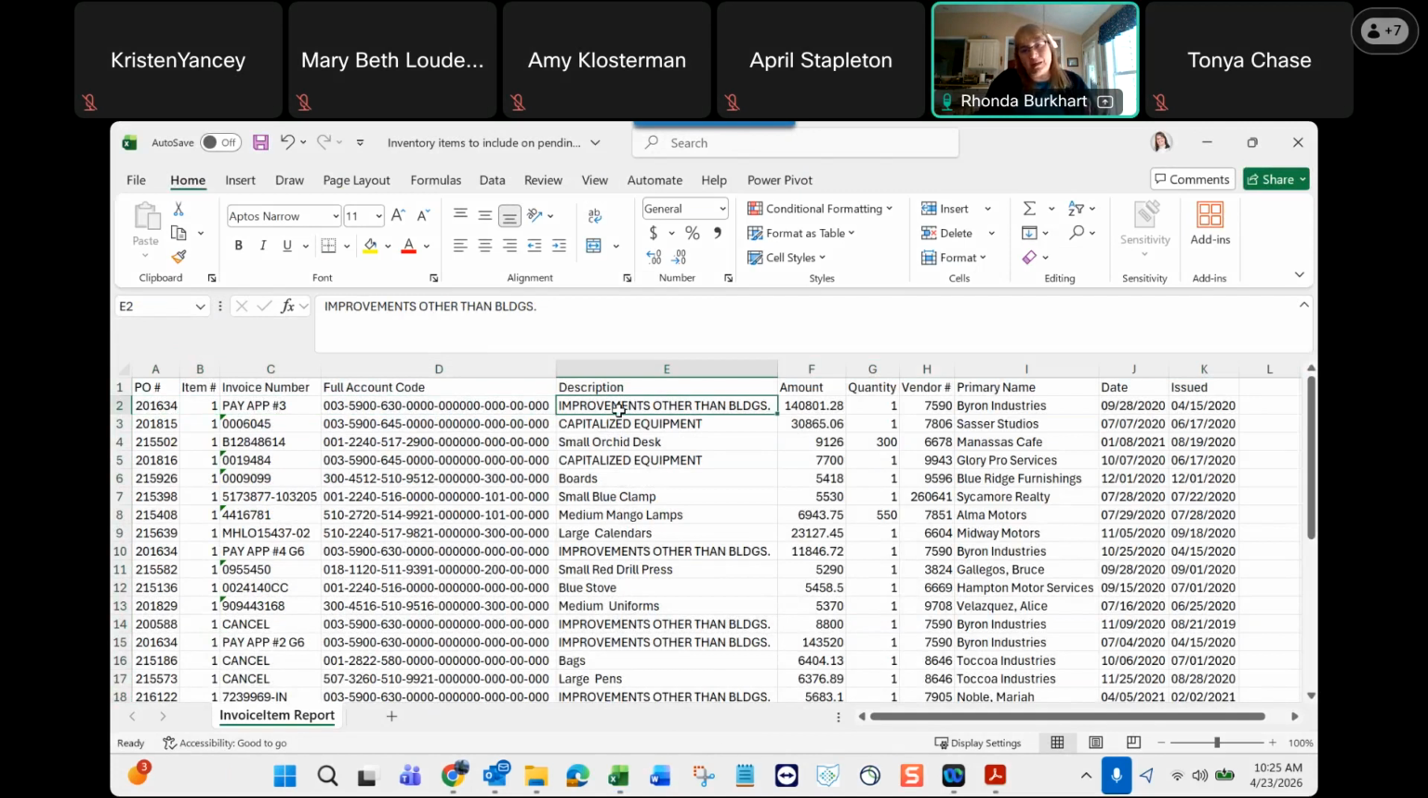Okay, so it's like we don't know exactly what that is. And that might be you have to go research, find this Byron Industries, and then figure out what that was because that's not a good description for your item. So again, capitalized equipment, it's just, well, what type of equipment is it? So this type of thing might take a little bit of research. Another thing you might want to do is